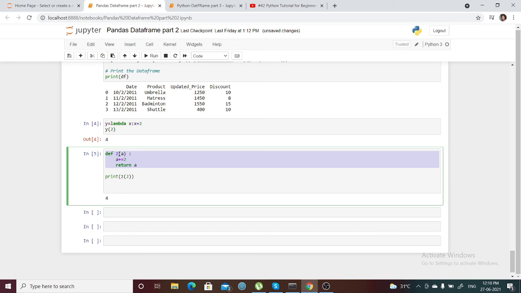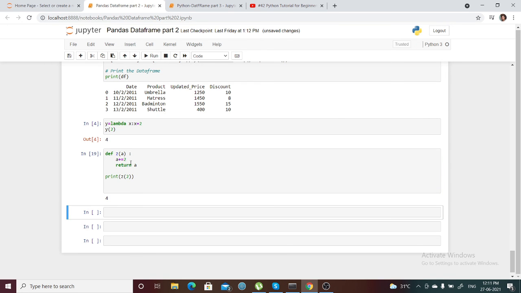You can see z is a function, and I'm passing one argument a, and I want to do an operation that changes the value by increasing it by 2, right? Whatever value is passed to the parameter, it will add 2 and return the result for this function. And if I print this by passing 2, it will give 4, right? So this is what happens manually in a function.